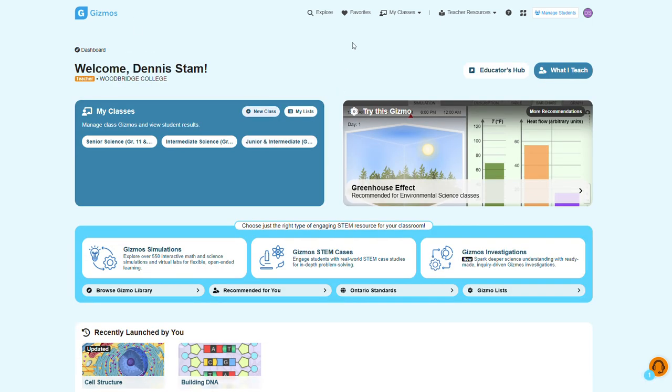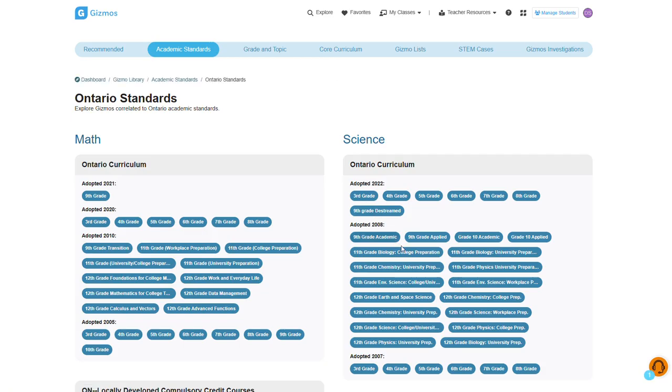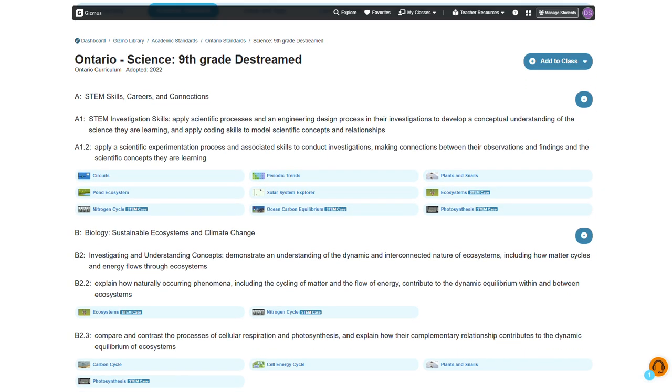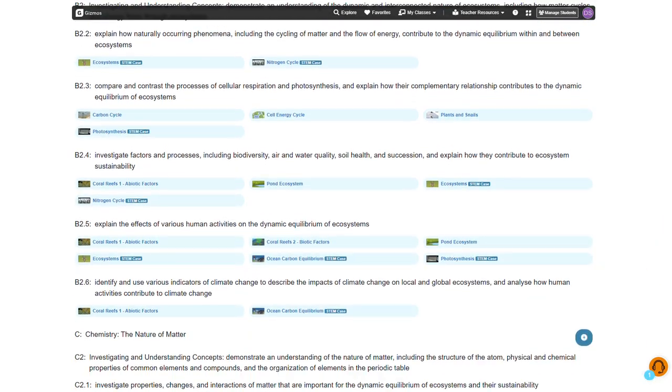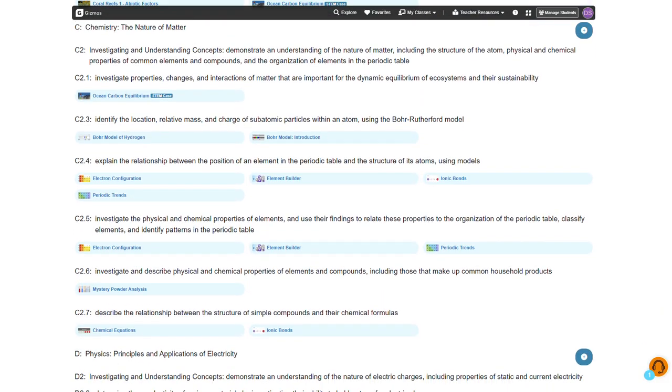So I'm going to go back here. I'm going to go to Explore, then Explore by Academic Standard. I'm going to click on Grade 9 D-Streamed, and I'm going to scroll down and find a gizmo that I think might align really well. Let me pick,